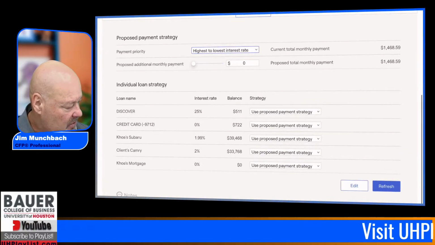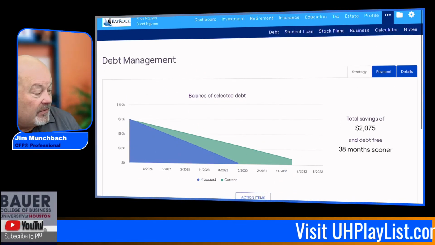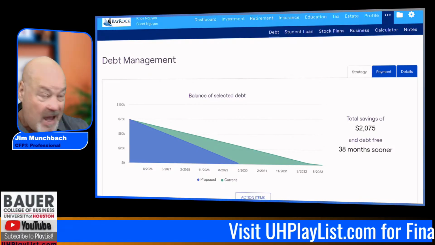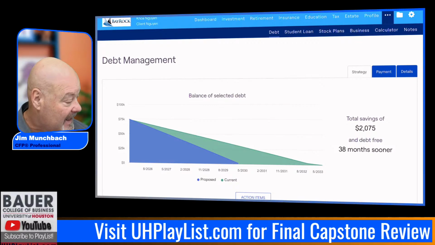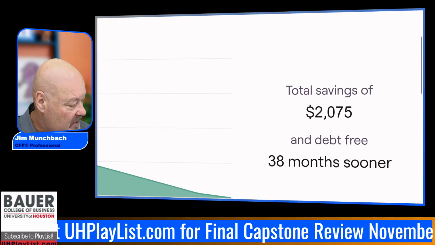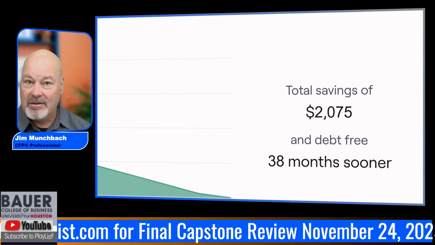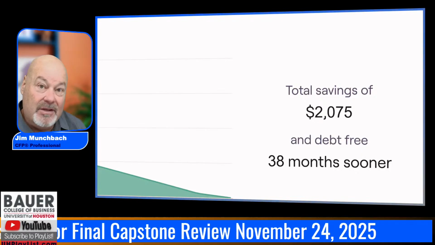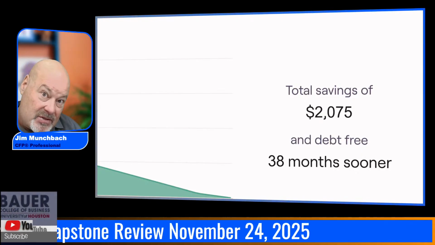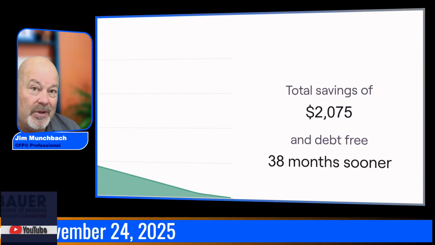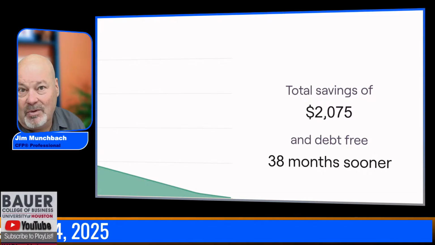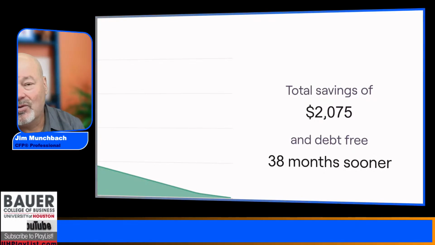And you got to make sure you hit that refresh, and then you're going to get this screenshot, and you're going to grab that screenshot, and that will be part of your capstone assignment. And again, this is a total savings of $2,000, and based on these loans, that's fine. These loans are not right though, so this student needs to go back and do some work on the plan and make sure it's based on what we instructed over the course of the semester.